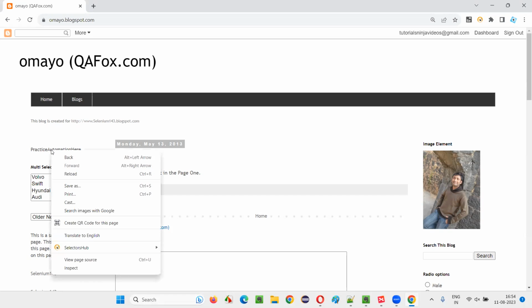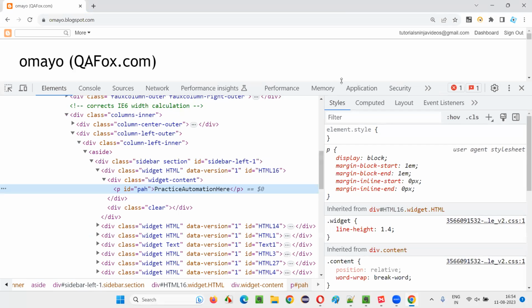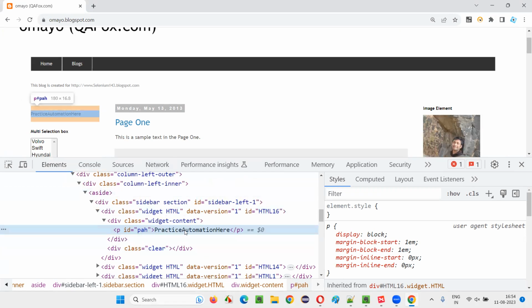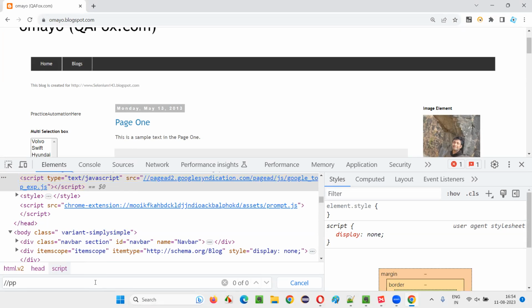So in that case, if I inspect this and I have to locate it carefully, because tomorrow if this particular "automation here" changes to "Selenium here", then things will change. So how to locate this? Control F. With the help of the text I want to locate, I'll simply say //p, contains. I'll use contains here. If I use text, for example, instead of contains, if I use text equal to "practice automation here",